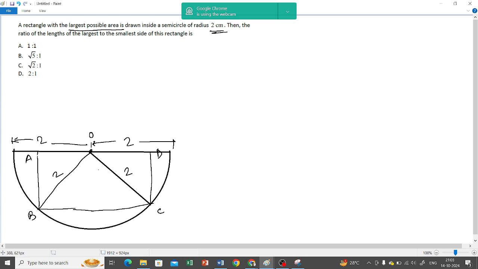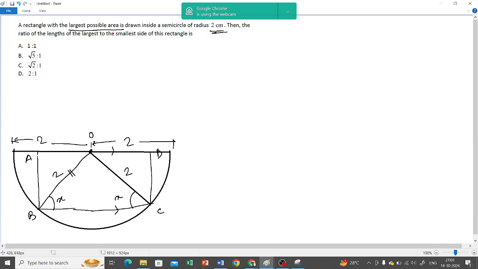Okay, and this is a rectangle, you know. So rectangle means opposite sides are parallel to each other, equal and parallel to each other. That is the property of any rectangle, right? So let me take this angle as x. Okay, this will also be x. Why will this be x? Because